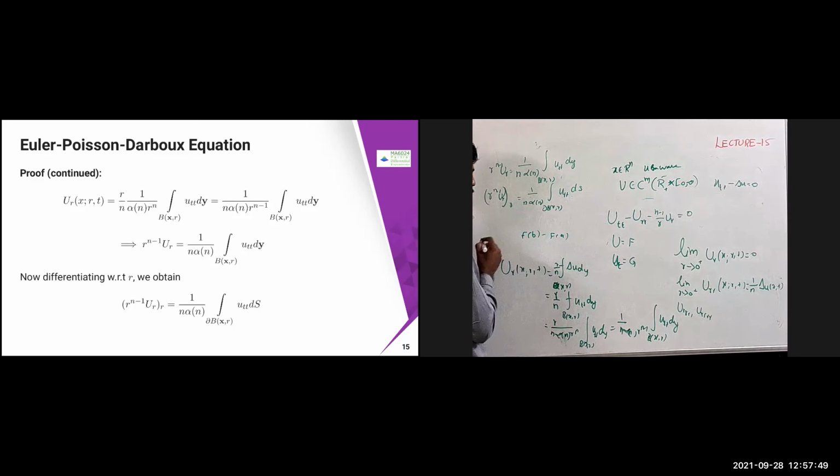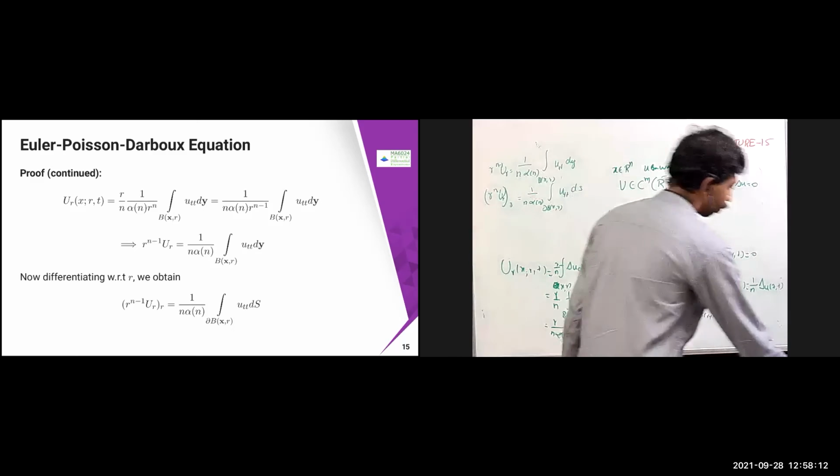Only on the boundary will you get it. So the integral from a to b of f of x dx gives something like f of b minus f of a. Same thing is here, from the fundamental theorem of calculus. It is saying it depends on the boundary only. So in the n-dimensional case, the boundary is going to be the surface. This is the volume; this is going to become the surface. That's what we are having.